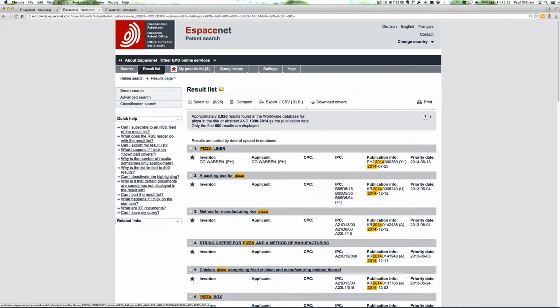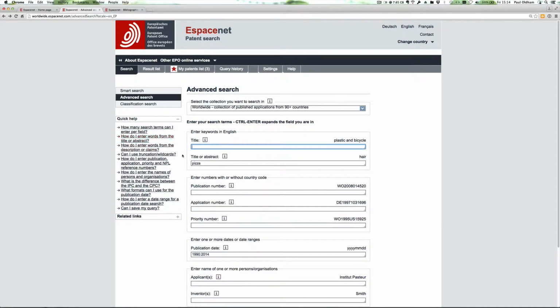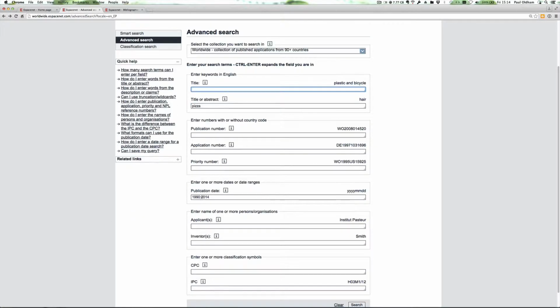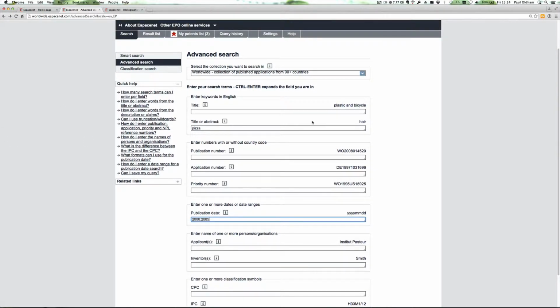2,826 occurred between 1990 and 2014, which means that the other documents referring to pizza must be earlier, or will have been noisy results in applicants and inventor names, because here we're searching only the title or the abstract. So we could say that we want to break this down into roughly, which is where the notepad would come in, into sets such as 2000 to 2005, which will give us, let's see how that works out,